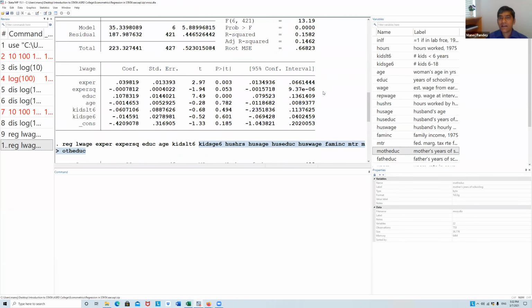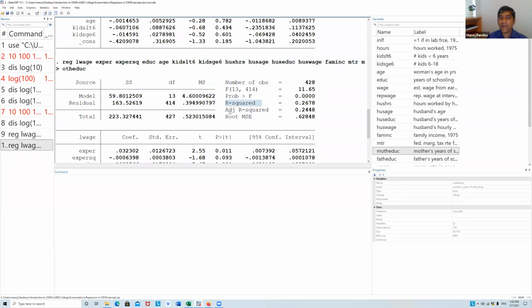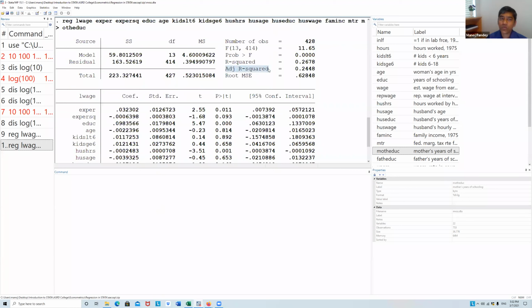But what happens is that if a variable is not important, then in OLS you are penalized. Basically, your model is penalized and your R square is adjusted. So your R square is adjusted for your degree of freedom here, and you always see adjusted R square less than R square. Okay, and then you have model sum of square, residual sum of square, different degrees of freedom and total sum of square. So if you do some mathematics, you can calculate R square using these numbers here.